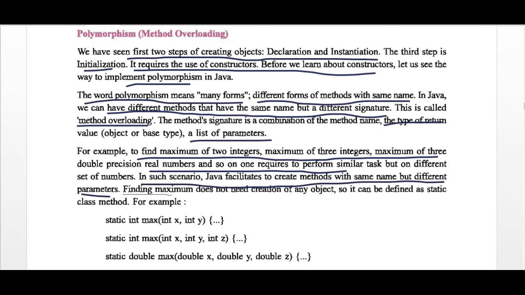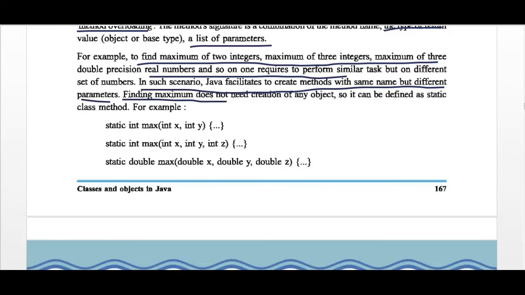Finding the maximum does not need any object, so it can be defined as a static class method. You can see here the name of the method is the same for three methods: max. First, max is our name of the method.